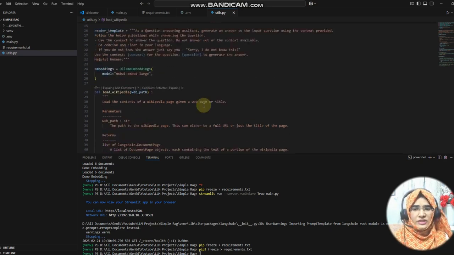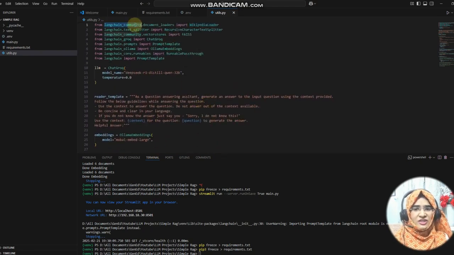This Wikipedia loader comes from the LangChain community document loaders. A document loader can be anything: a PDF loader, a CSV loader, an arXiv loader, or any search tool. You can get an idea of it through the LangChain documentation.